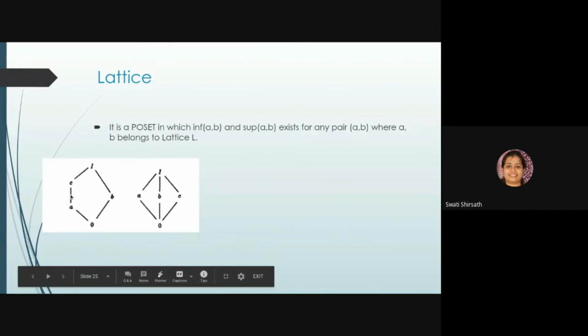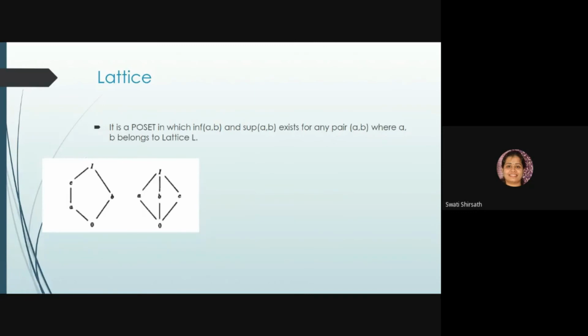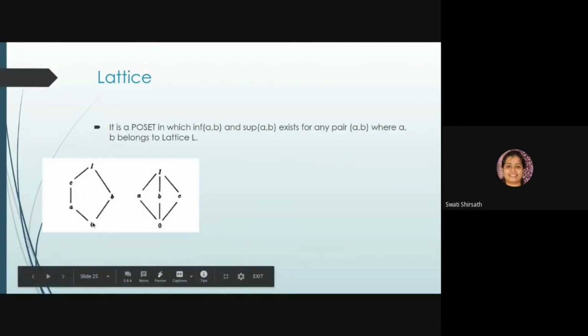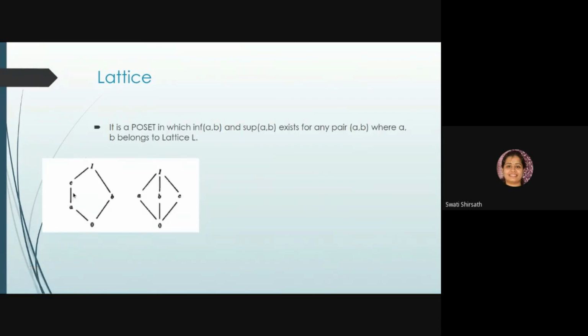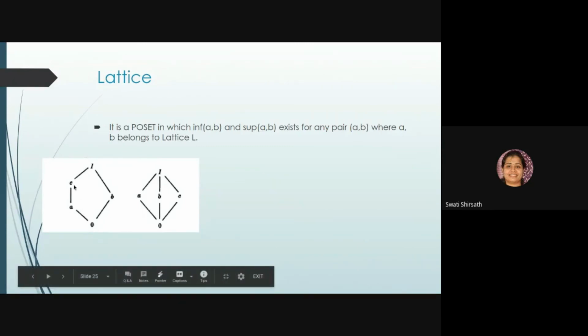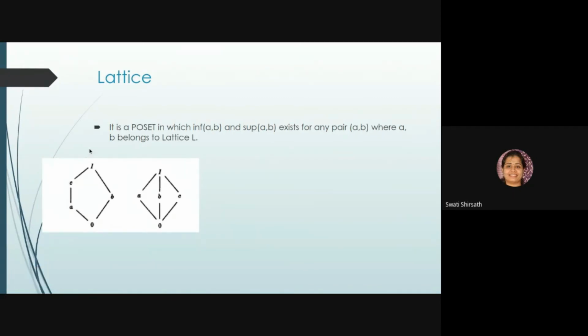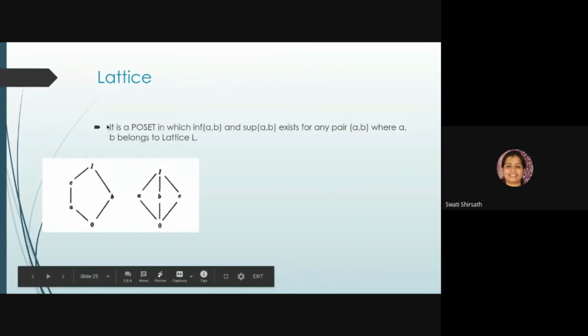Because if you say C comma 0, then you will be contradicting the relation, because this C is greater than 0. We always go in the upward direction, so C is greater than 0. If you come in the downward direction, your relation will change, and it is not possible. So we never come down, we always go in the upward direction. That is why this C is not connected to 0. We can't go in the downward direction; we are just going in the upward direction.